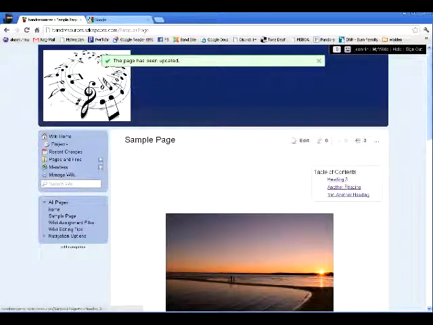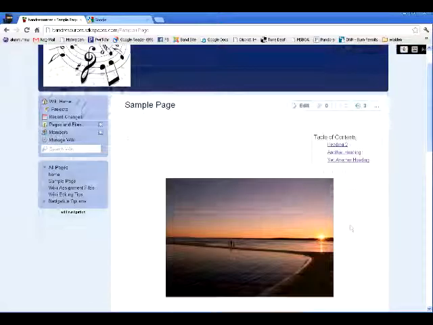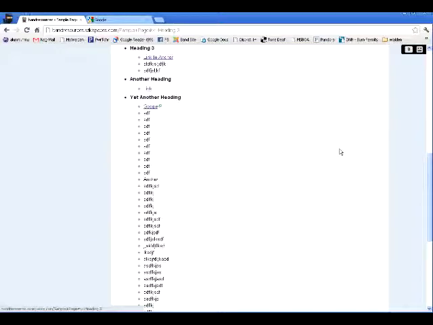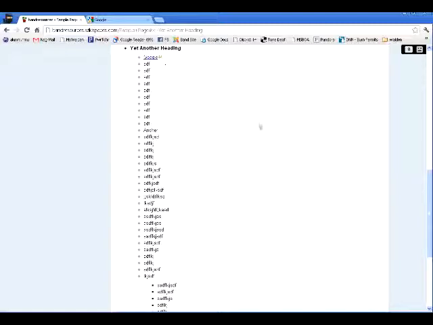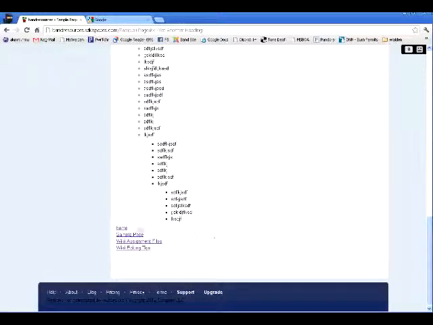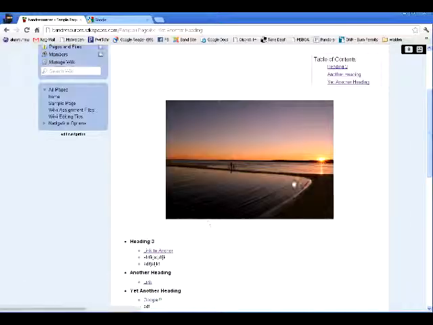So my table of contents comes up, and it makes some nice links here according to my headings and what the headings were called. And that'll take me to where the heading is at the top of the page. Yet another heading. And now let's check this other widget. And this is the other pages within my wiki. And that's really handy in case somebody comes to the end of the page and they want to visit somewhere else. Alright, and that is it for the second